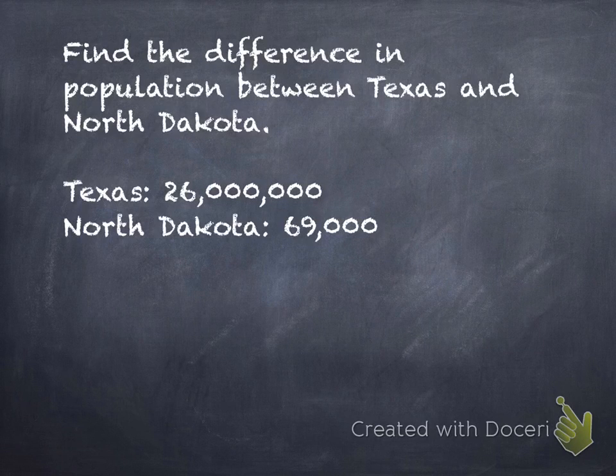All right, I'm going to do a couple examples that aren't in your notes, so you can follow along, take some notes if you'd like. This first one says to find the difference in population between Texas and North Dakota. Texas's population is given at 26 million. North Dakota is given at 69,000. So if we want to find the difference in population,